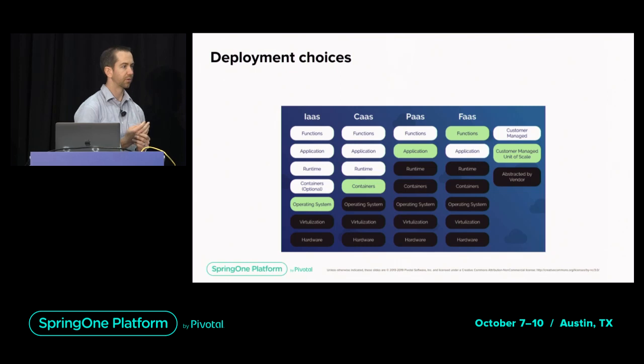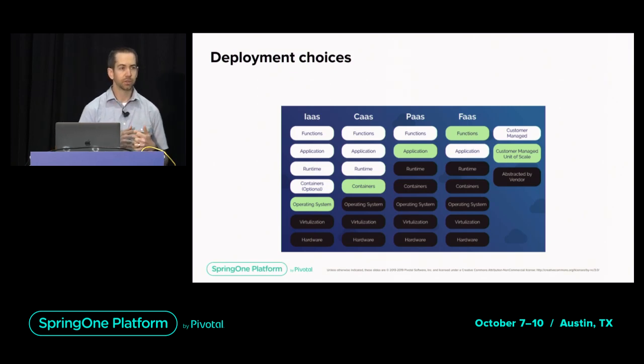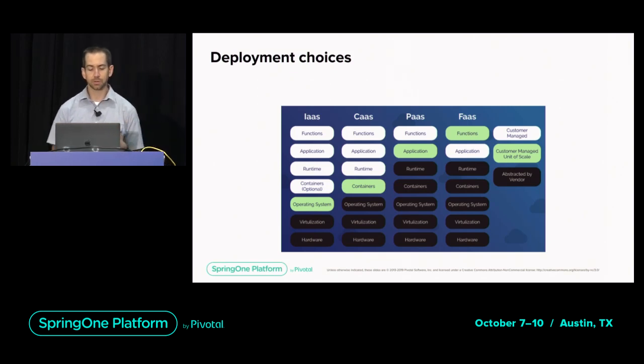I think everyone's familiar with platform as a service at this point, i.e. Cloud Foundry. But there's this in-between state between platform as a service and infrastructure as a service, and that's containers as a service. Generally, these platforms as a service are actually using containers under the covers, right? You can see that as one of the layers there. But containers have a lot of advantages, especially for specific types of applications that might need a little bit more control over the environment they're running in. They're nice and portable, and they can easily be moved from one environment to the next. So they have a lot of advantages.